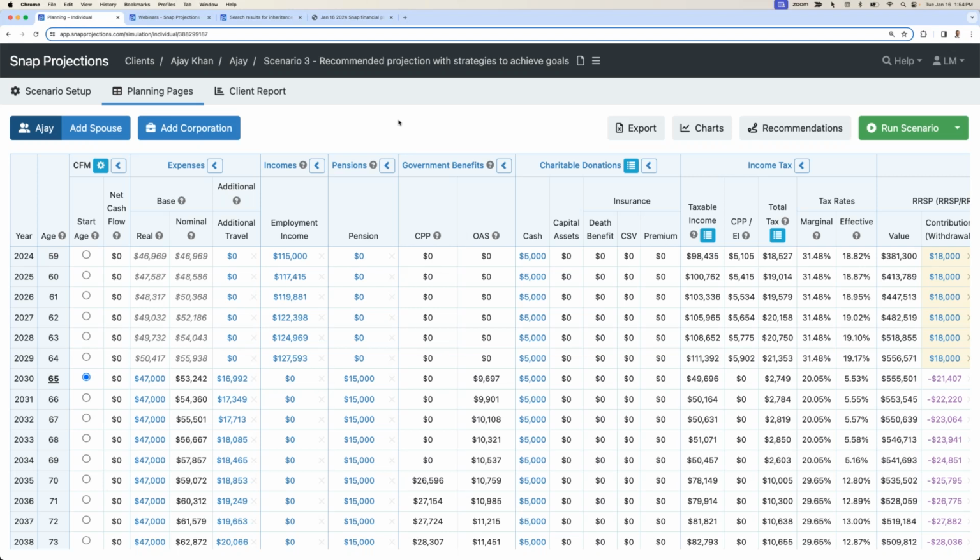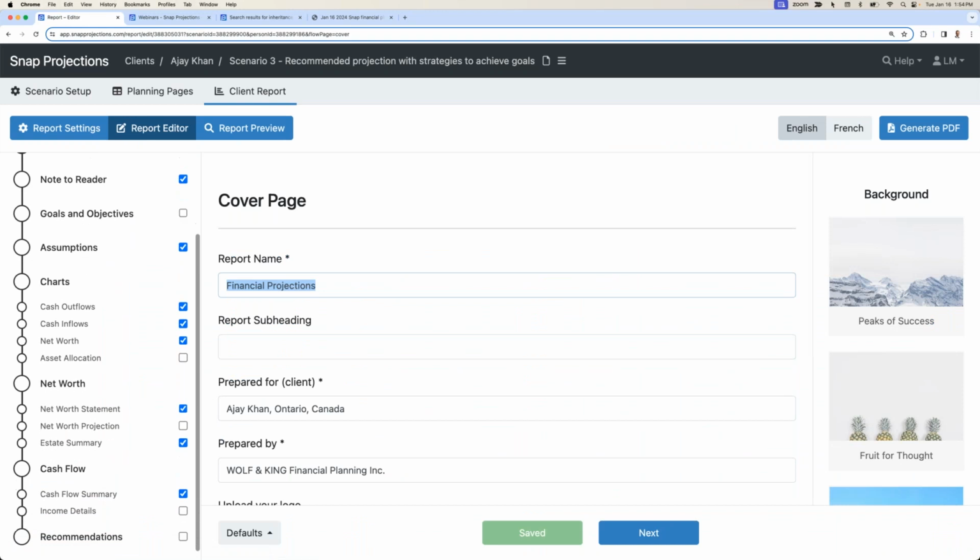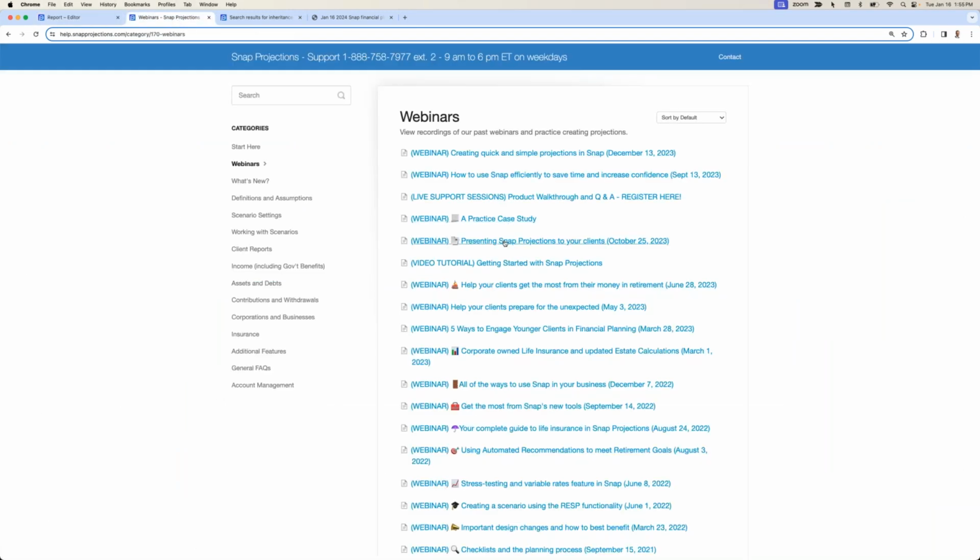If you're more familiar with the software, we have a lot of advisors that screen share exactly as I am right now, and they actually go through the full planning pages with their clients. If you're just getting started with Snap and you want to have time to be able to react to any potential client question or request for a change, then that's when going into the client report and generating a static document can be quite valuable so that you can really focus the conversation on what's been developed so far, and you have time to go back and update the plan if there are any questions or requests for changes. But both options are quite valuable, and they're both outlined in more detail in our dedicated webinar.